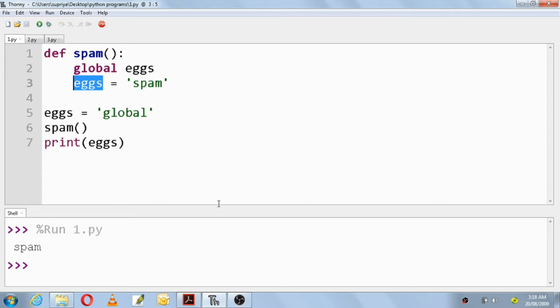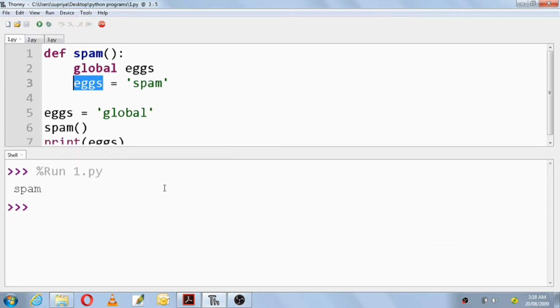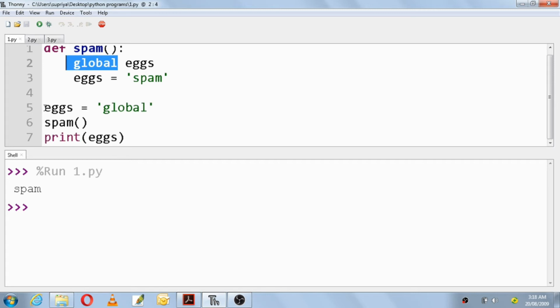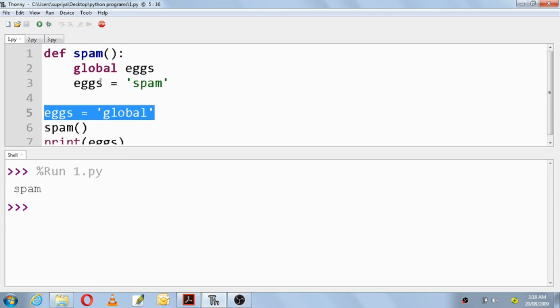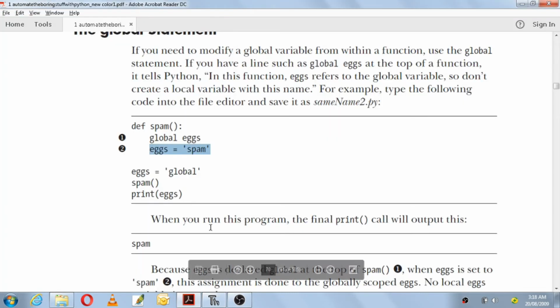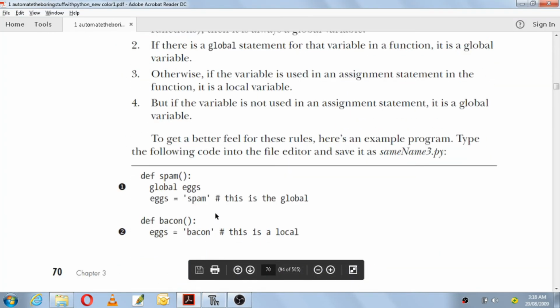When you see the output, you can see that it has printed spam, and not global. So this is the work of a global statement. Even though this global variable has been initialized, you can change it inside a function by using the statement global.